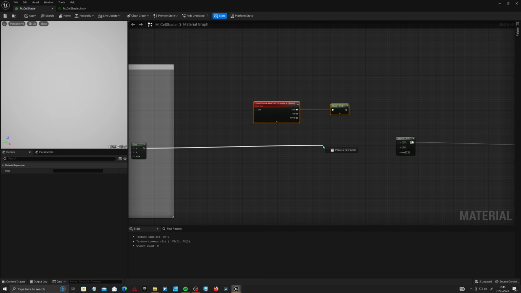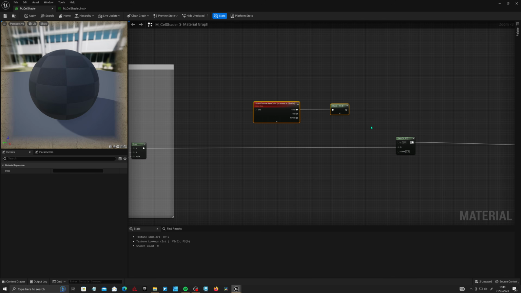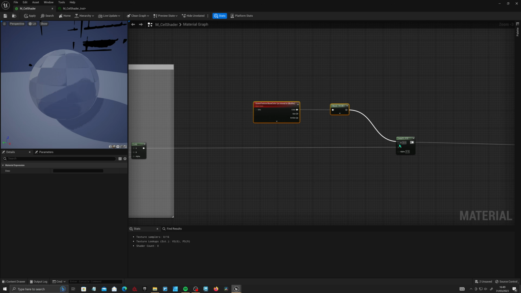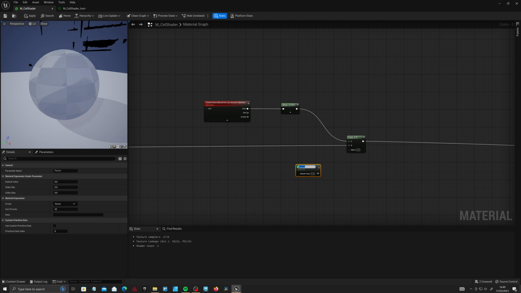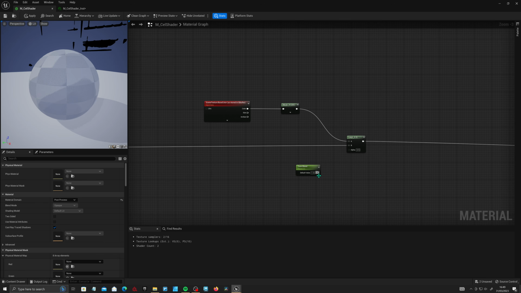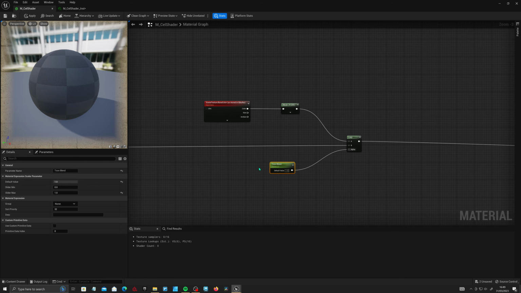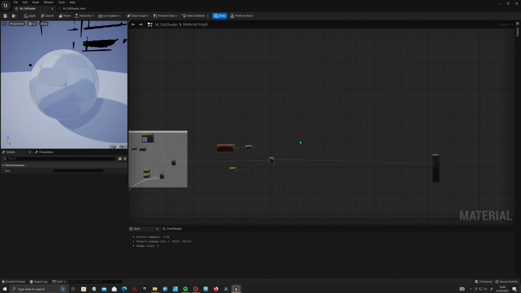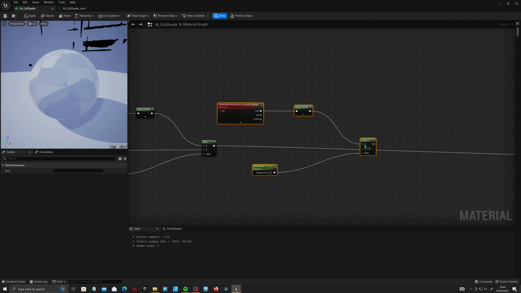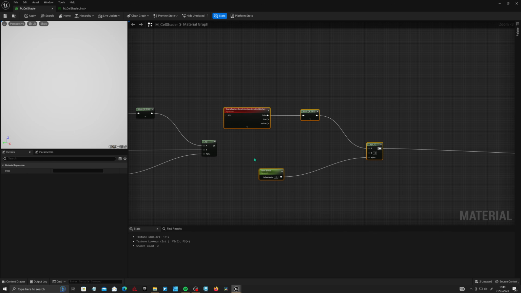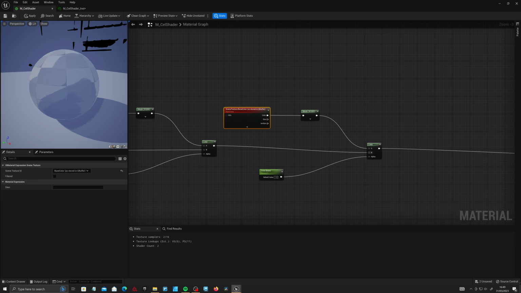and if we pull this guy into the B and chuck this guy into the A, and create a little parameter here and call it Toon blend, and just stick it to 1 and put the max to 1 as well, and chuck that into the alpha, and if we just duplicate this along and do the exact same, just put that into the output and this into the B, but this time